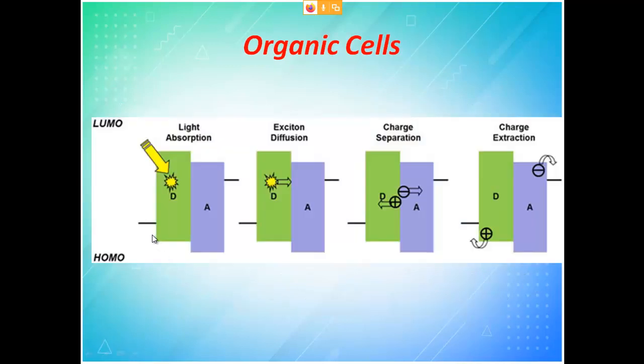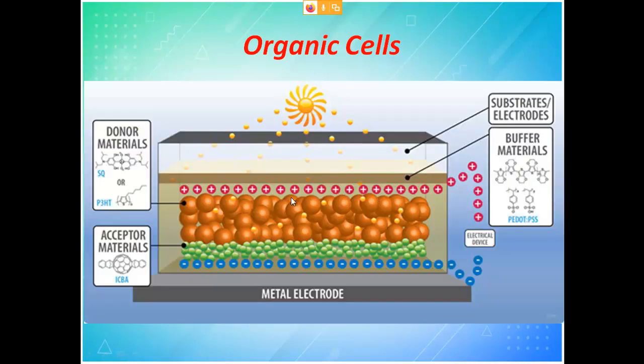Here you will have two or more different types of layers put together, and these layers are like a box. You will have a metal electrode, then you have organic materials. Based upon the sunlight, there will be movement of charged particles. The movement of charged particles will reach the power generator, and that is brought out.